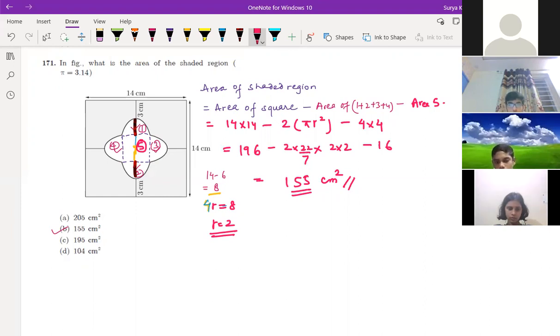Sir, I do not understand. Which part are you not getting, Javian? So the full sum I did not understand. See, this you can say this gray color thing, 1, 2, 3, 4. Yes, sir. We have to find the area of those gray color parts only. So what do you need to do? What do you need to do to find the gray color one?